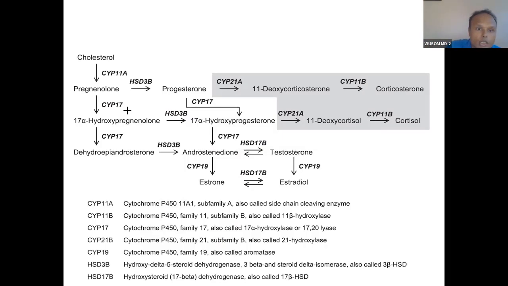You can see cholesterol will convert into pregnenolone by this enzyme. Here the cholesterol side chain will break. It is the side chain cleavage enzyme, SCC. This side chain cleavage enzyme works in the mitochondria. You must have studied this. After this, everything happens. From pregnenolone, everything is synthesized. After side chain cleavage, pregnenolone will convert into progesterone, through 3 beta dehydrogenase.